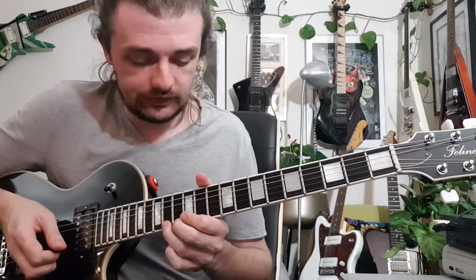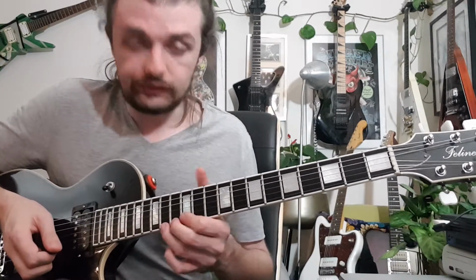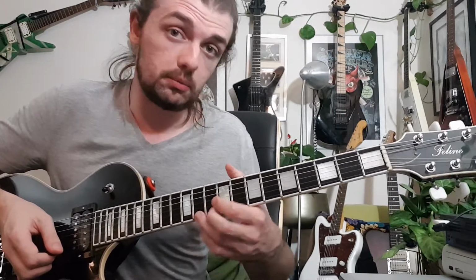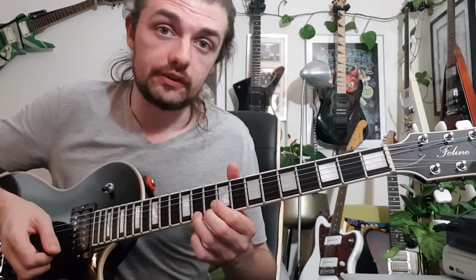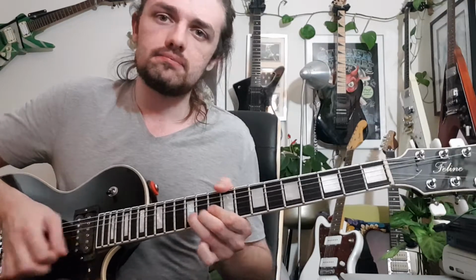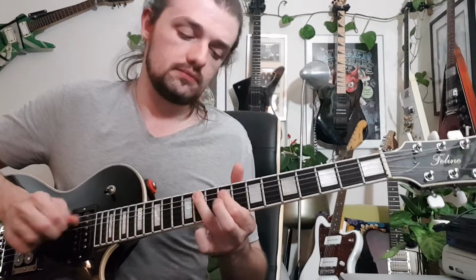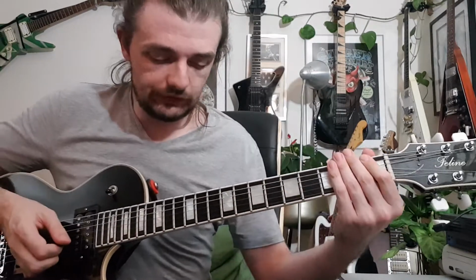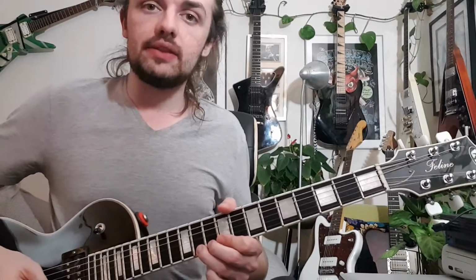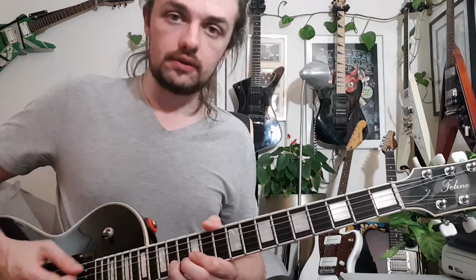So then the last lick is this rather nice harmonized section. We start off with the lower guitar, which was the one that I played when I ran through the solo at the start of this video, is this. So that starts on the 11th fret of the top E, bent up a semitone to the 9th fret here, and then I go down to the B string and bend the 14th fret,